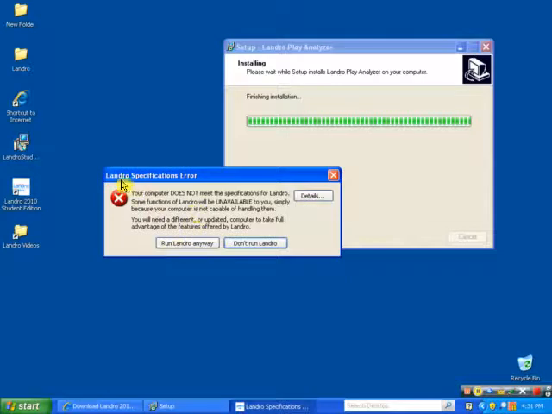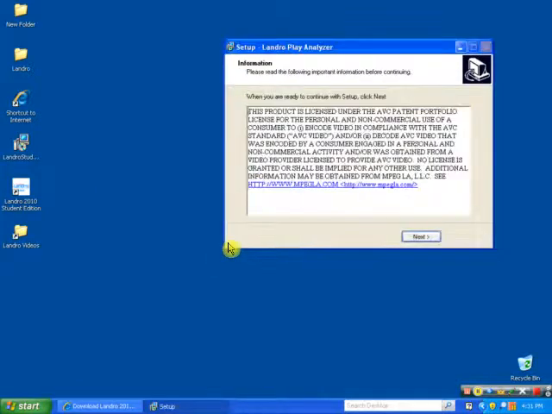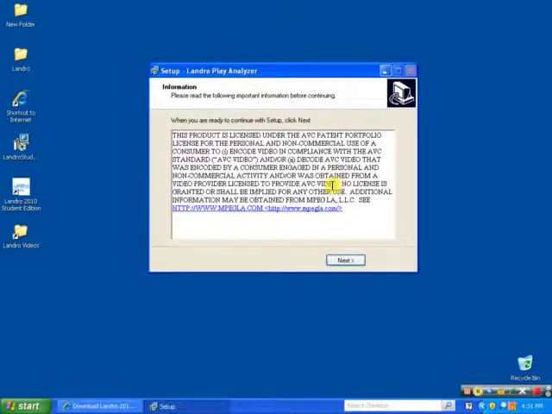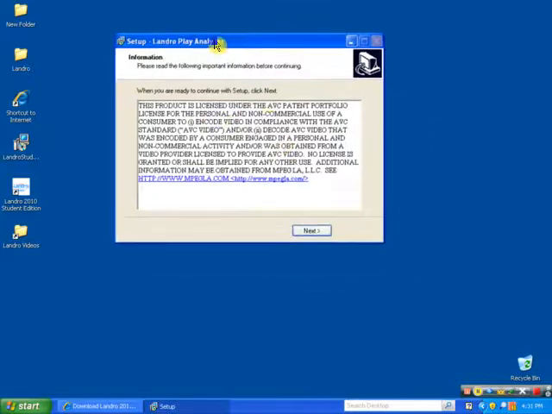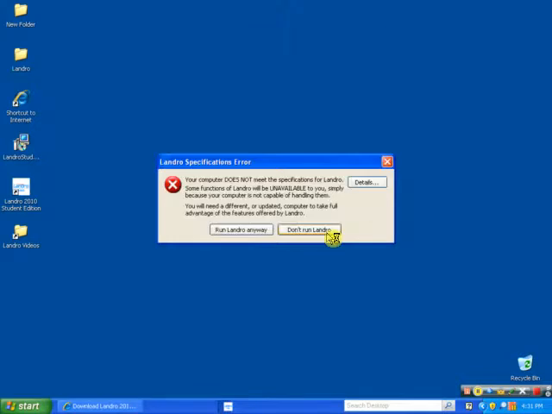You'll notice this menu popped up saying that I don't meet the Landro specifications. This will pop up for all Windows XP users. The reason it pops up is Landro was built on a Windows 7 system, and you don't meet certain criteria for that, being with Windows XP. There's just going to be a few features that are unavailable to you running it on Windows XP, but generally you'll have a lot of the general features that we'll be needing for the Landro videos. So all that said, just go ahead and click Next and then Finish,